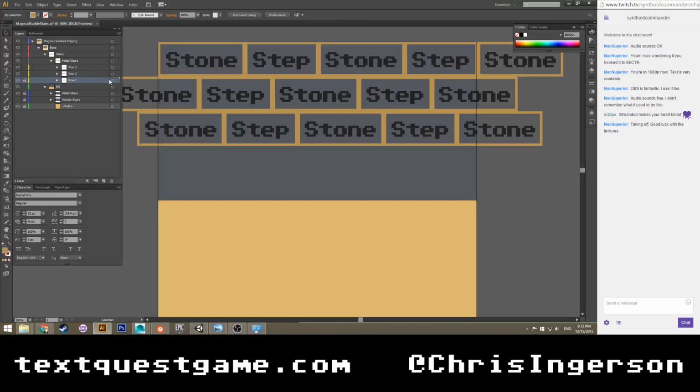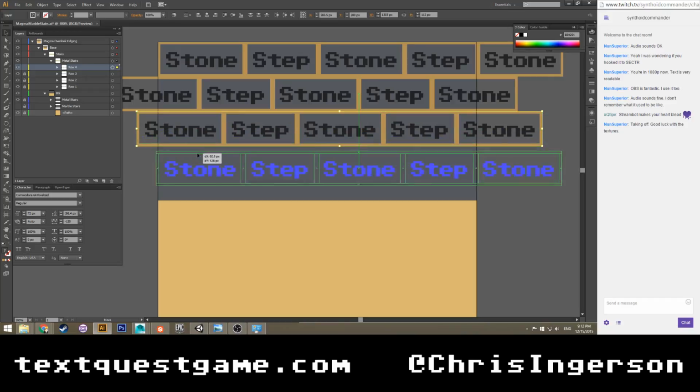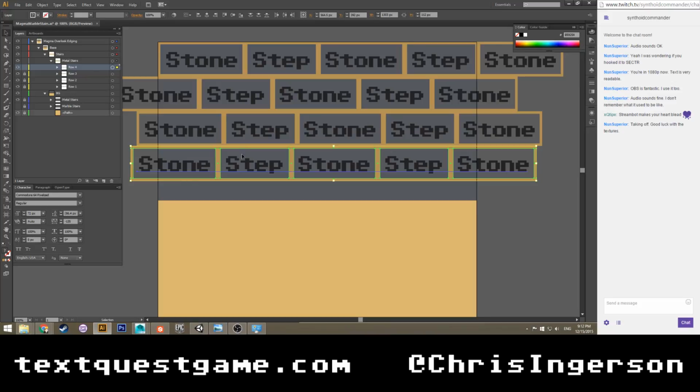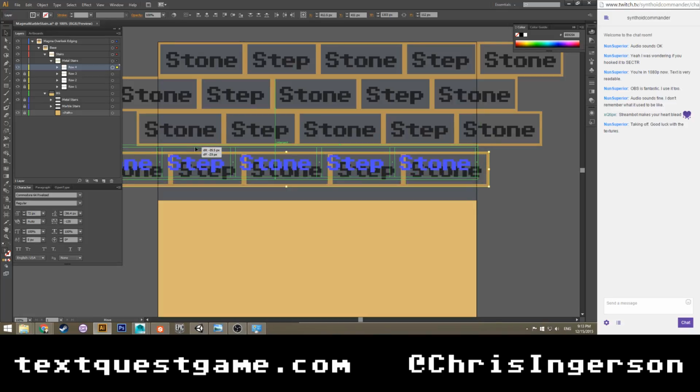Okay, so let's select row 3. Let's move it slightly to the left. That's good. All right. And then we're going to duplicate row 3, call it row 4. Lock row 3. Let's move this one back down to about here. What would be good? Probably this, actually.